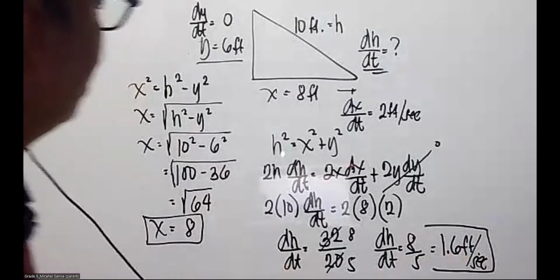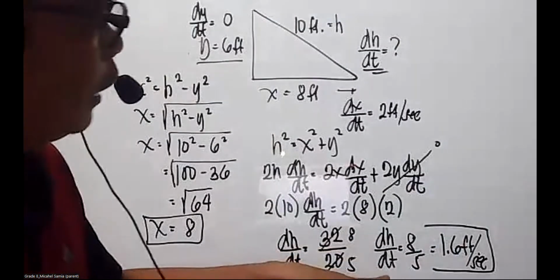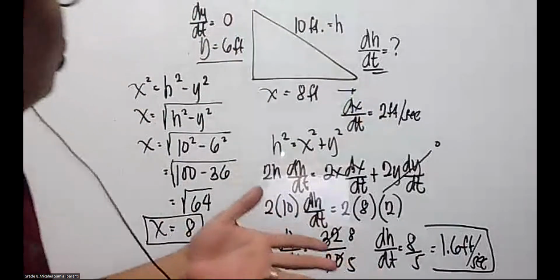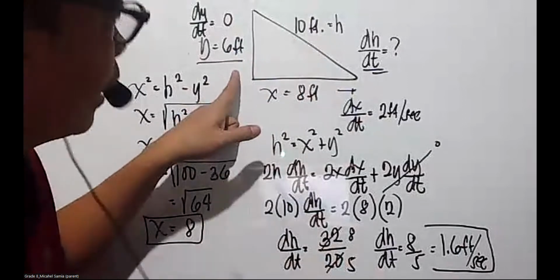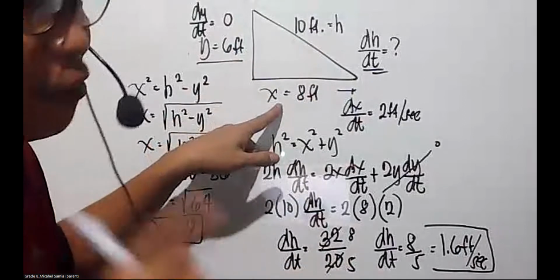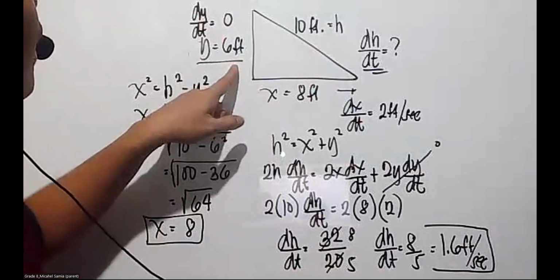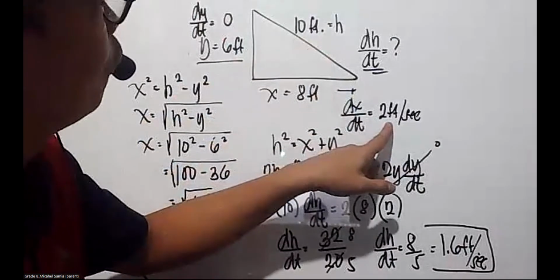Okay, so the main purpose of the problem is to look for the rate of change of the hypotenuse. Now, I'll be running down the problem again. So we're given two values. One is one leg of a triangle, which you can select. It's not identified in the problem, so I selected this one. And then at 10 feet, the rate of change of x is 2 feet per second.